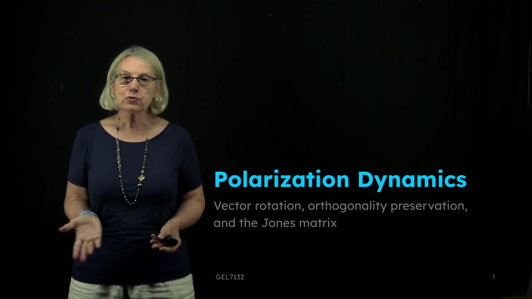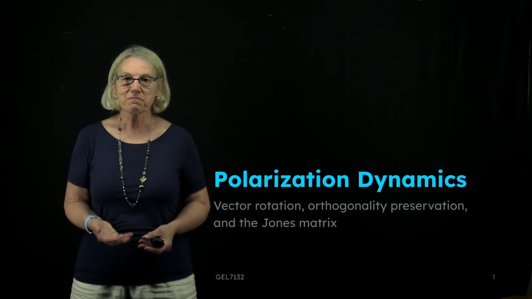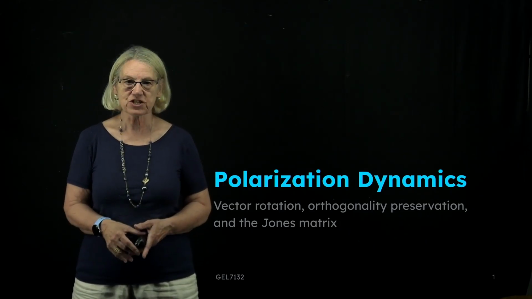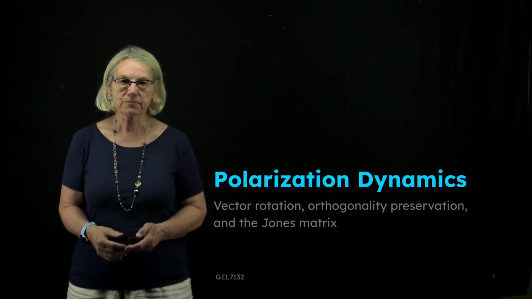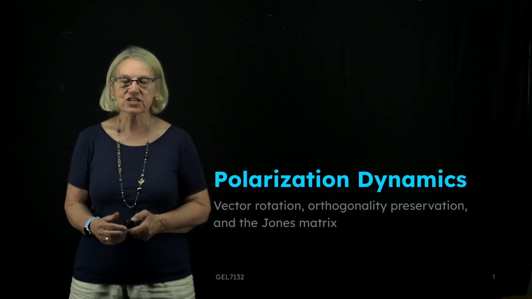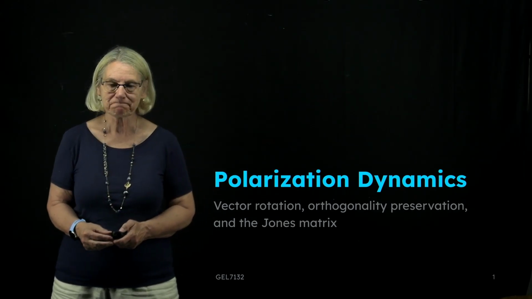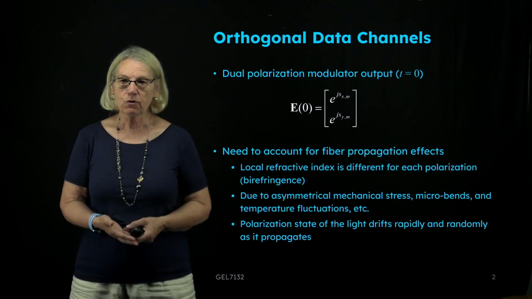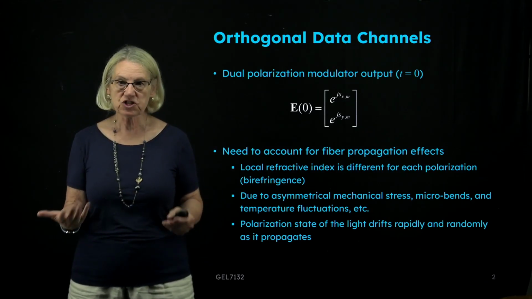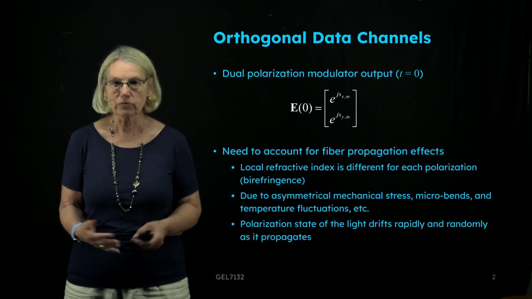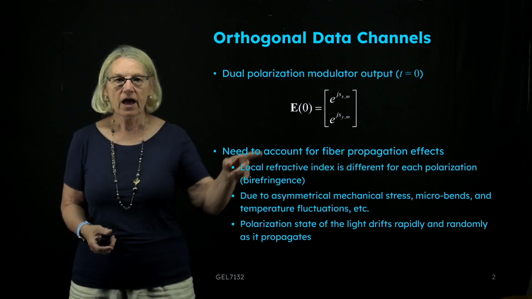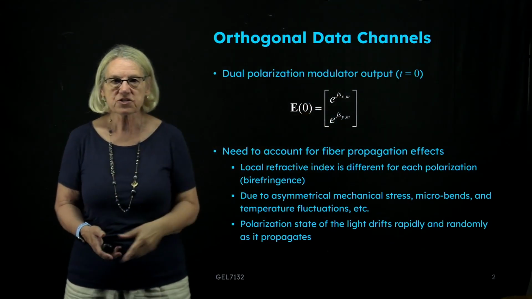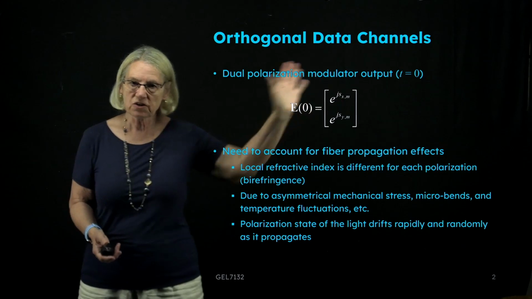Okay, we'd like to use polarization for multiplexing, but we have to be concerned with what happens to the polarization as it travels through an optical fiber. So we're going to look at the polarization dynamics and fiber propagation. We started out with this concept of having orthogonal data transmission channels being two different polarization channels. And if we look at time zero, we would have a certain data stream here that's going to be